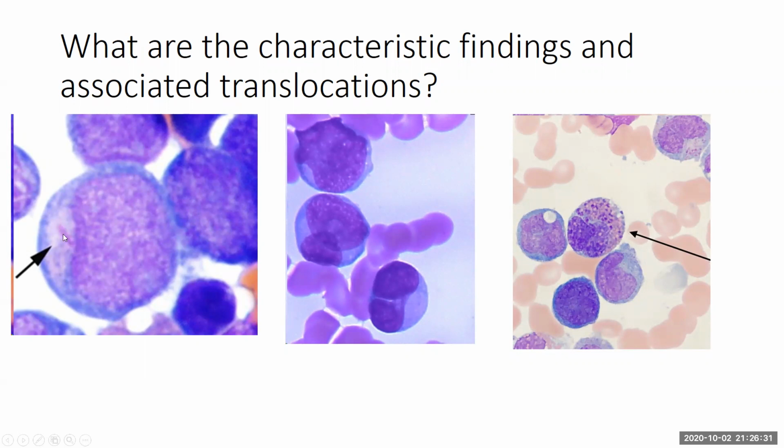You see one single long tapered Auer rod here, right? And then you see salmon colored granules. So if you see a blast like this with a single long tapered Auer rod and salmon colored granules, what translocation should you be considering? 8;21, right. And the reason why we go over these translocations is because I've come to find out that